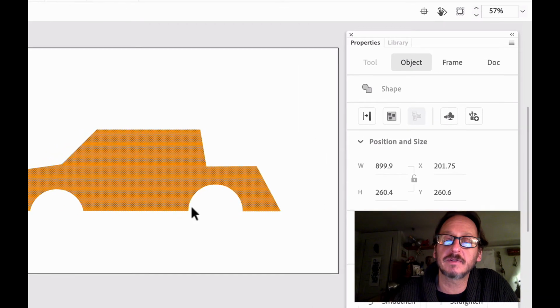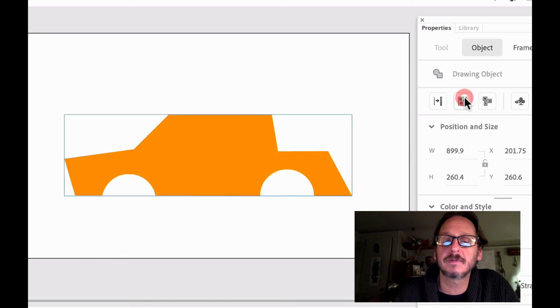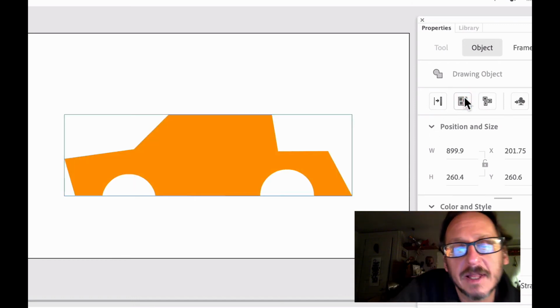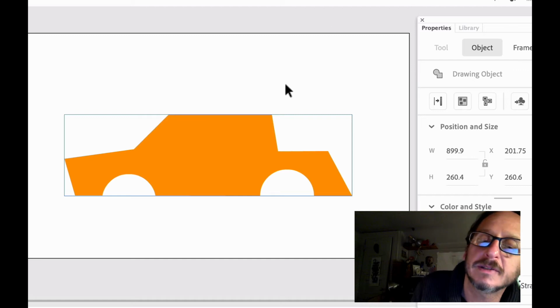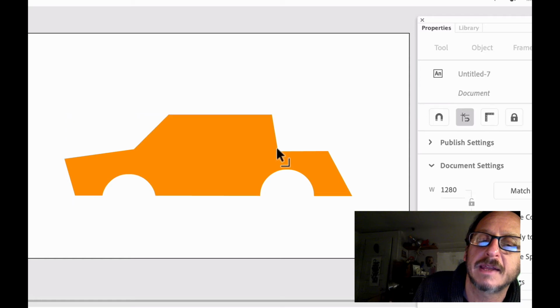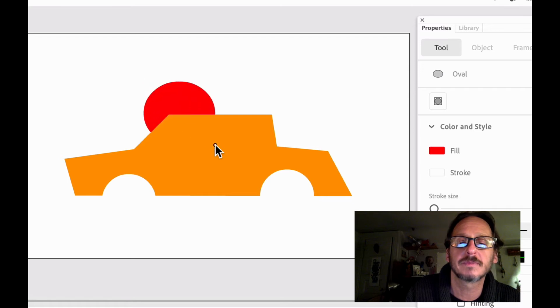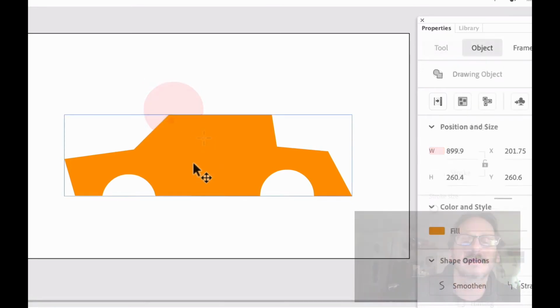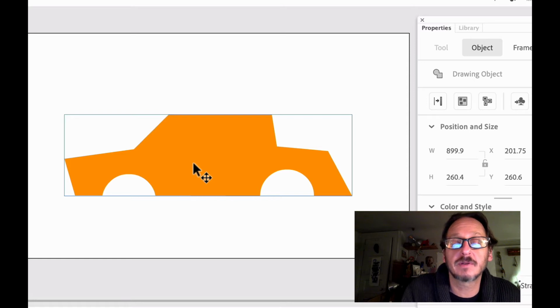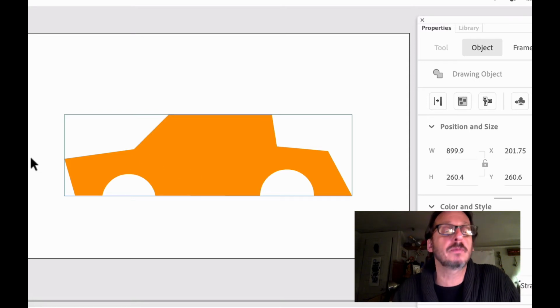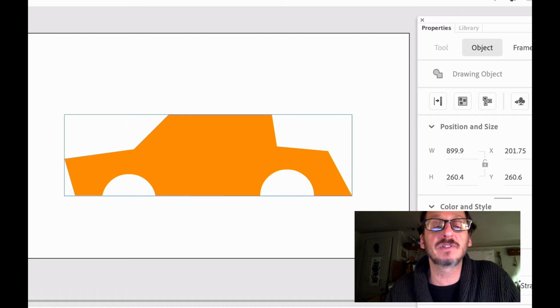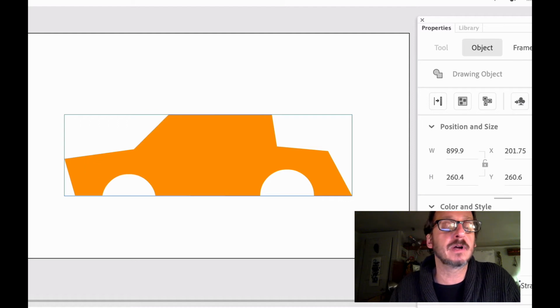So if you click it, you have to select the car first, mind you, click this, and you'll see this blue box, which makes it look like a graphic symbol. It isn't. It's an object, or a drawing object. And what's interesting about that is I could still come and manipulate it this way. I could change shapes, which is a pretty interesting opportunity, but other shapes won't be able to hurt it. This object really can't be hurt by other overlapping objects. It could still be edited, but it can't be affected by other objects.